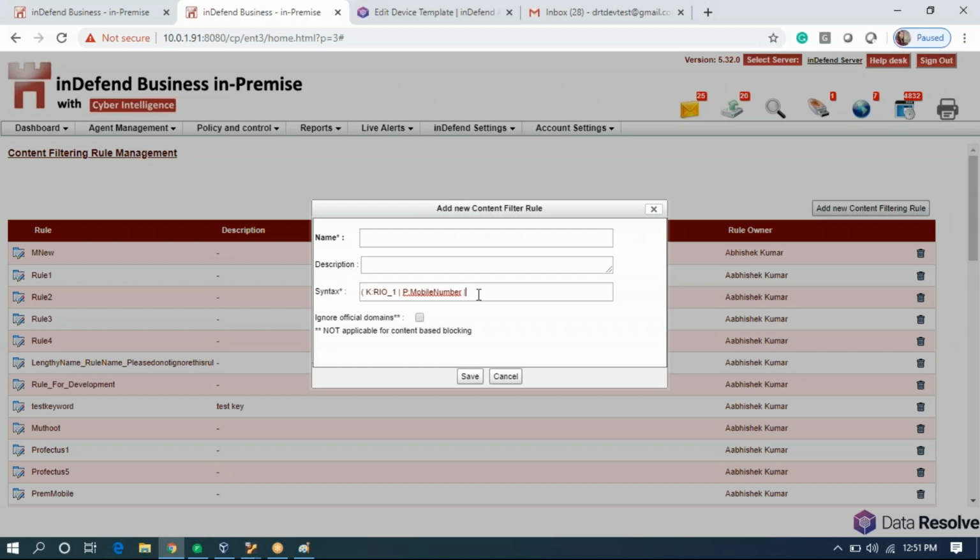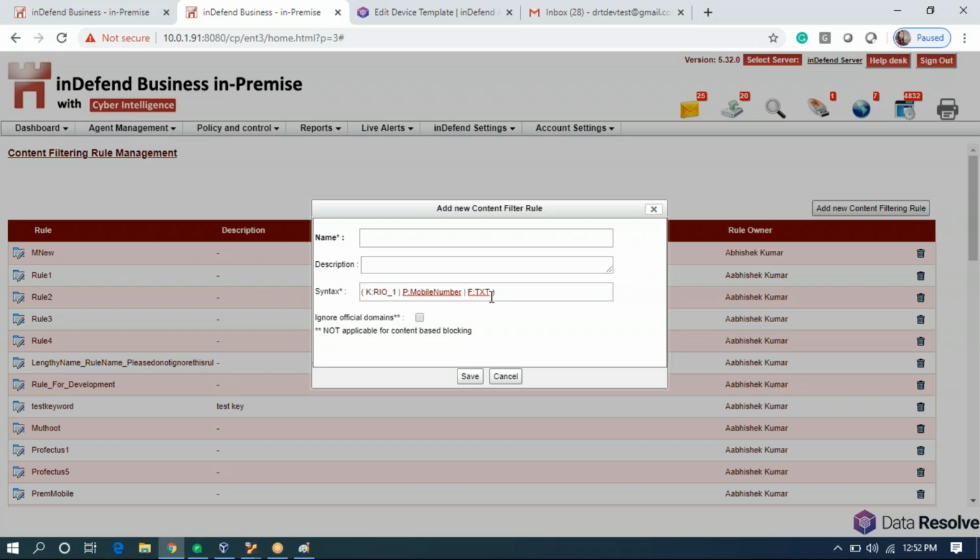And then I say or I have another rule to add, which is a file type rule, capital F, and the name of the rule was TXT in caps lock. And then we close the bracket. Now this particular rule means either my keyword rule Rio underscore 1 or my mobile number rule or my file type rule TXT.